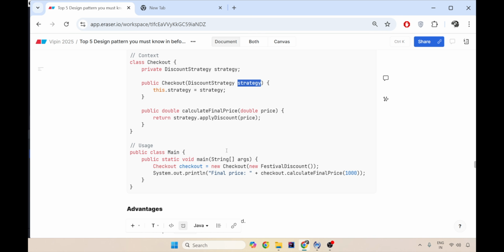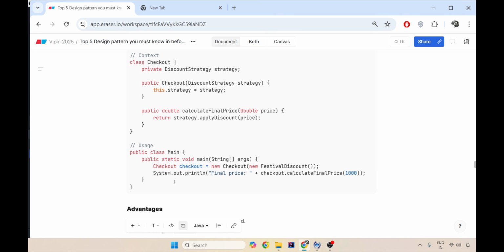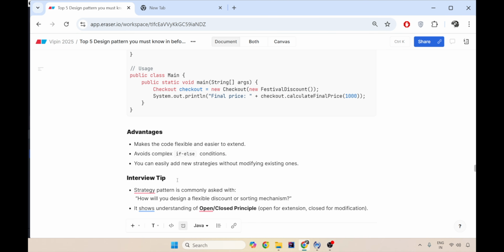Suppose whenever the user logs in, if it is a first user login, your front end might give you in the parameter that this is a new user login. Then you can apply the checkout strategy based on the new user discount strategy. So if you want to do this at runtime, the strategy pattern is a much better way of deciding which class to be called.